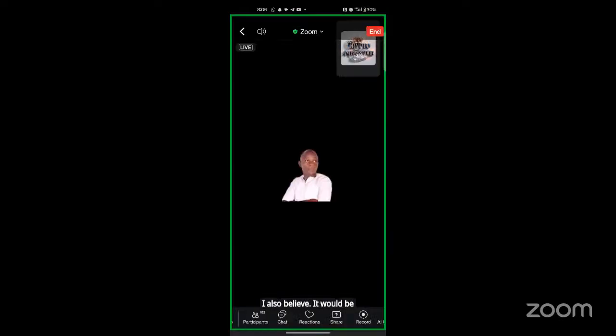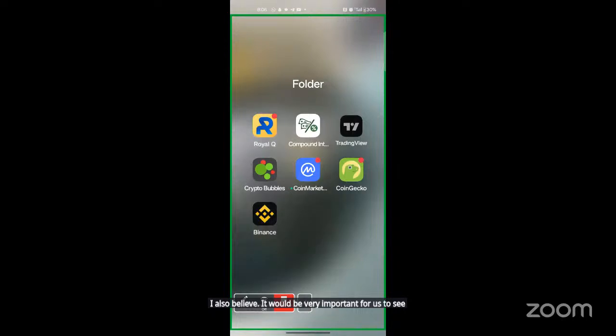You know, I love multitasking. As we look for him this side, I also believe it would be very important for us to see if we could have some